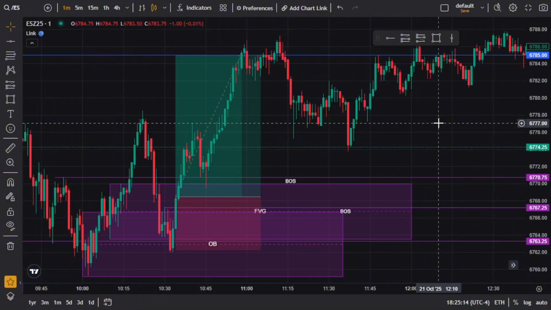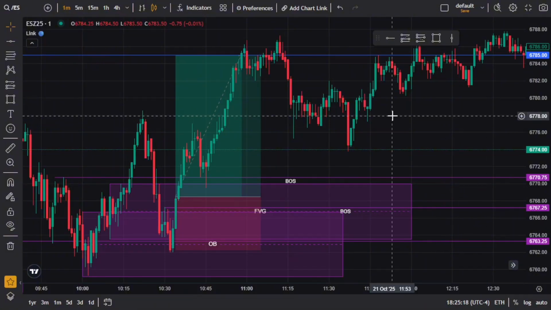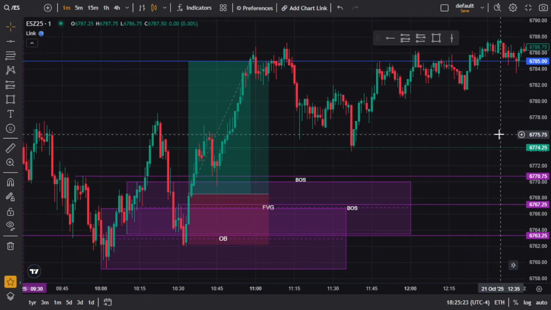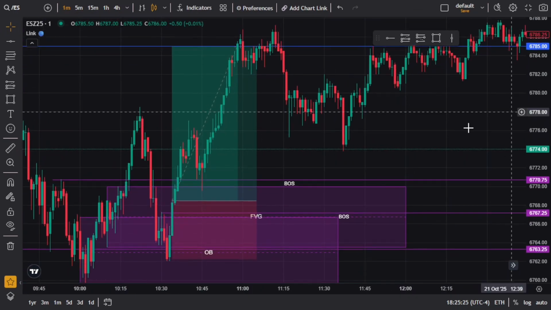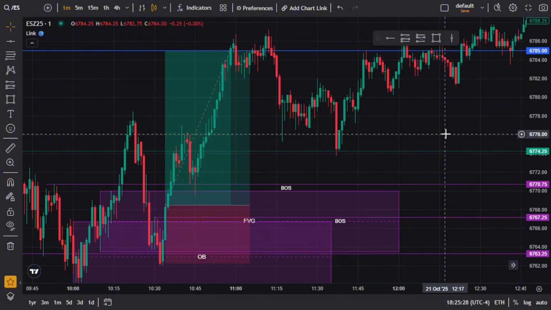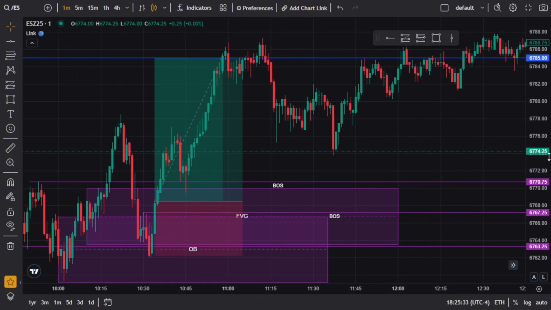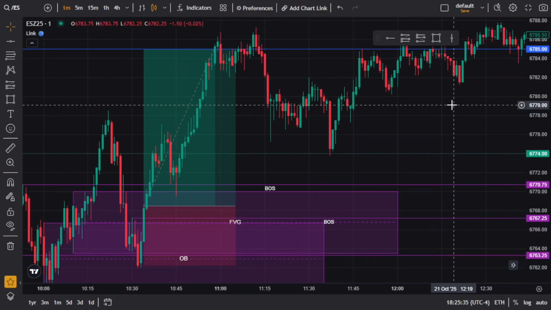I trade in the mornings. I wake up at 6 o'clock, look at the chart, mark my liquidity zones, find the bias, wait for that to be hit, and then we follow the rest of the steps. I trade in the morning from 6:30 to 10:30, and I just wait for the liquidity. That's literally all I do: I wait, then I wait for everything to be hit, and then I enter.